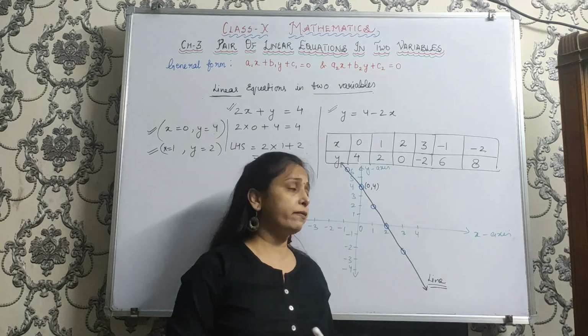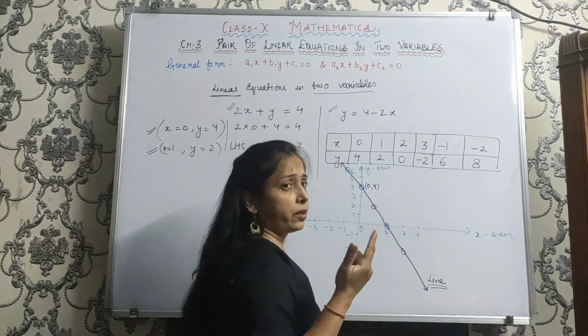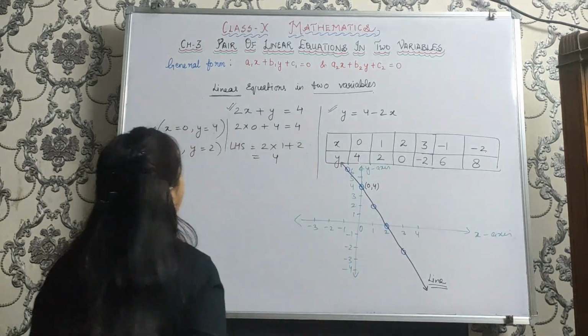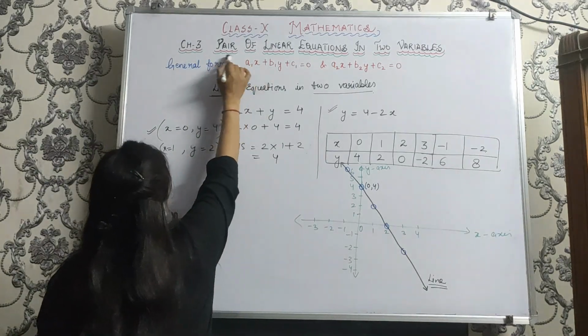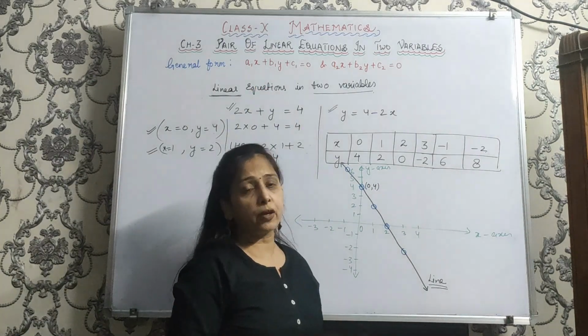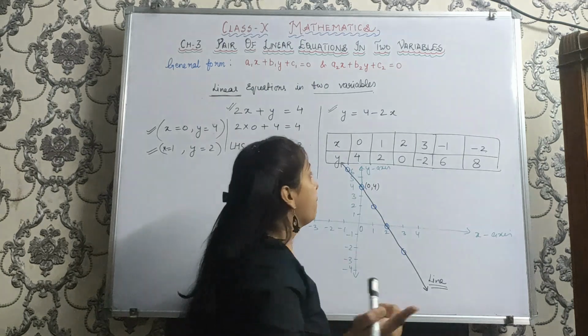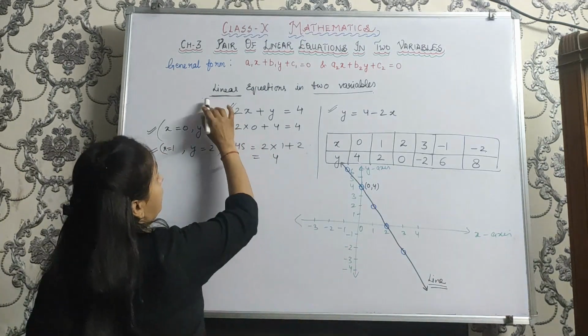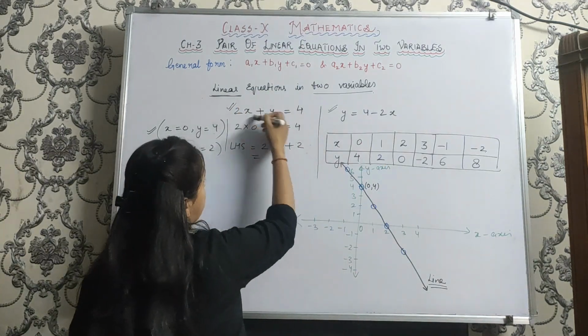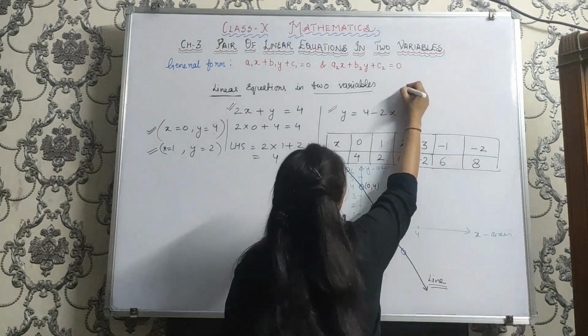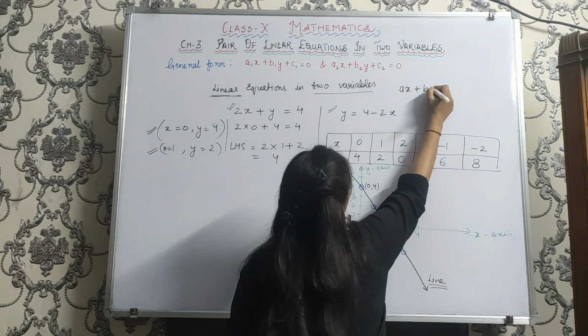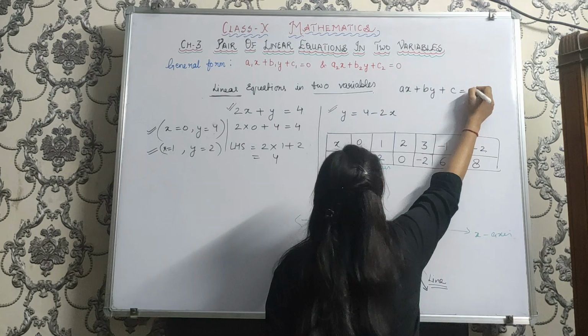In 9th standard you have studied about only one equation at a time. But in 10th standard what is being added is pair. Here we will be dealing with a pair of equations, not a single equation. What will come in a pair of equations? Like linear equations we did. This is an example. General form was ax plus by plus c is equal to 0.